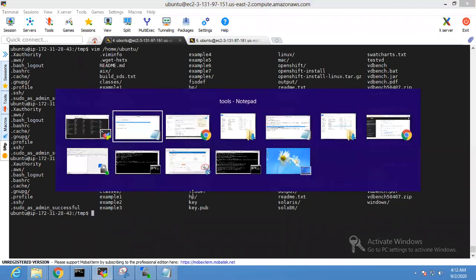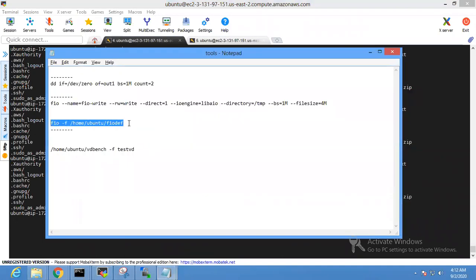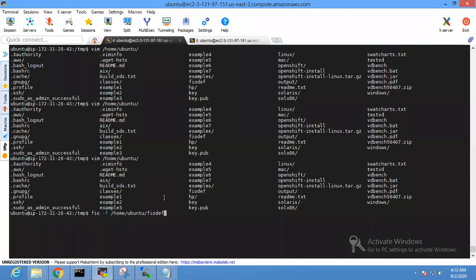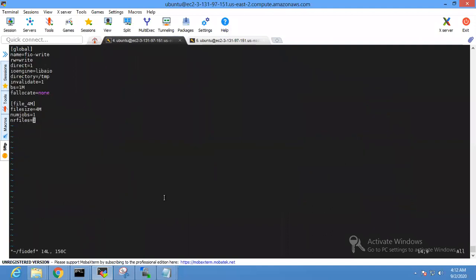I wanted to show how we can specify a config file. On the CLI front, if you're running a smaller workload, it is handy; you can simply execute a command.